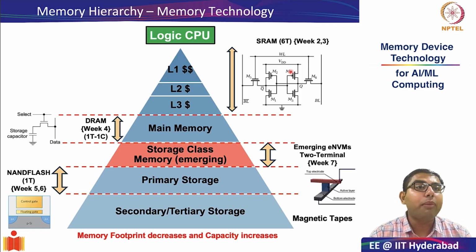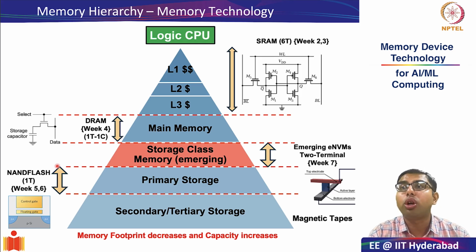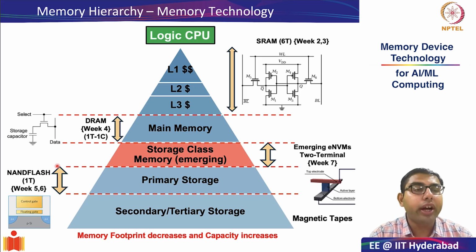So, a brief recap of what we have been covering till now. We saw that the memory hierarchy is arranged in a pyramidal fashion because it indicates that as you go down in the hierarchy, the bit density or the capacity increases, but it comes at the cost of latency. And there are different memory device technologies which are employed at different levels in the hierarchy to fulfill their own needs. For example,